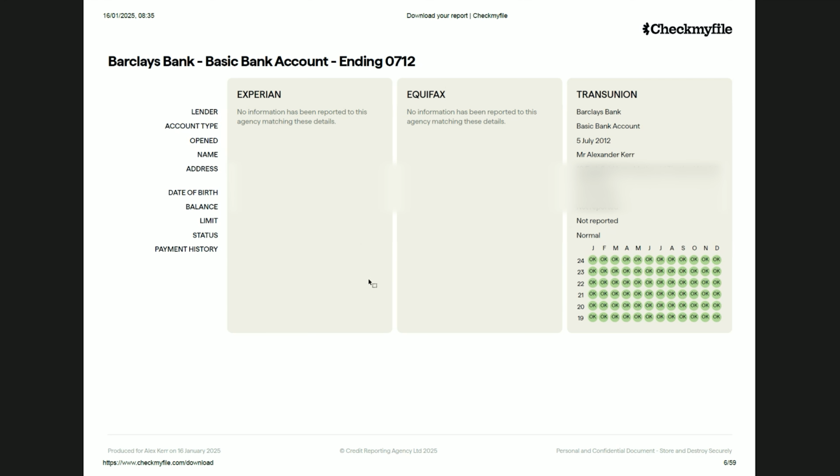Okay, so if you are using a mortgage lender who just uses one of them, and some mortgage lenders will use Experian, others Equifax, others TransUnion, some of them will use two records at once. Some use one at agreement in principle stage and the other at the full stage, when you submit the full mortgage application. Again, it's why it's so important to understand what's going on at all three agencies, because you might